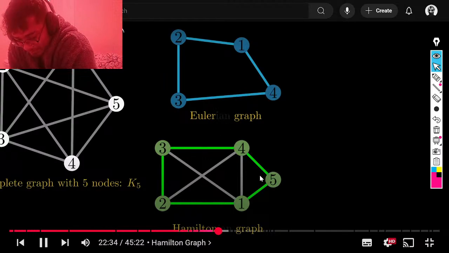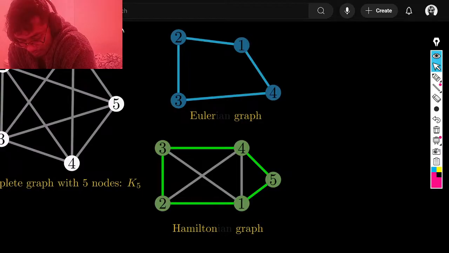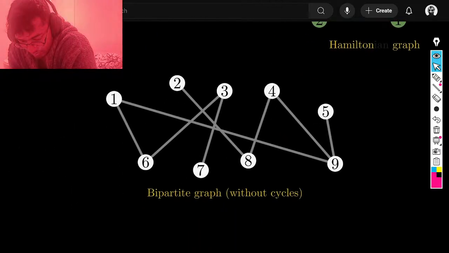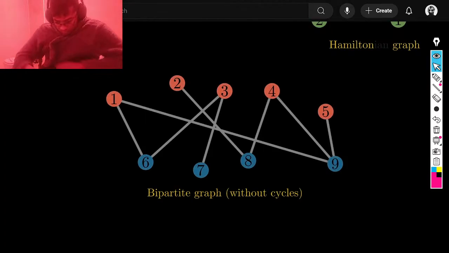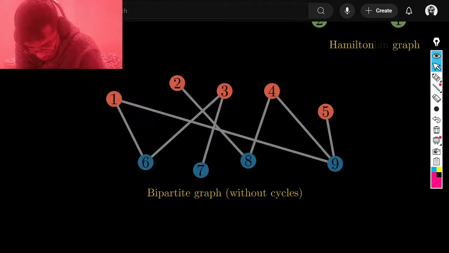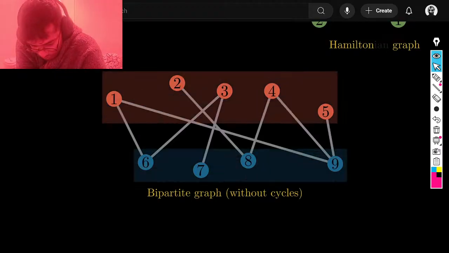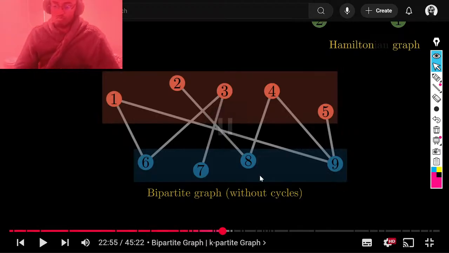Finding such a cycle is a challenging problem, as we will see in the next video. If you deal with graph theory, you won't be able to avoid bipartite graphs. A bipartite graph is defined as a graph whose nodes can be divided into 2 disjoint sets in such a way that no 2 nodes within the same set are adjacent. In this graph, we have a partition into red and blue nodes, and none of the red or blue nodes